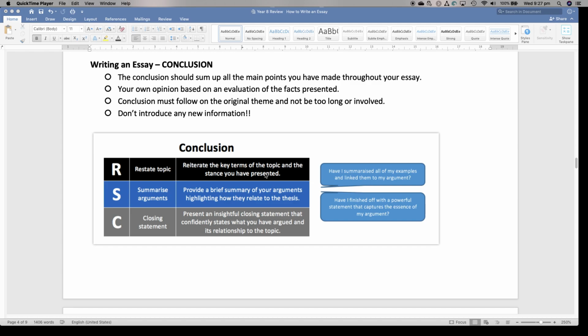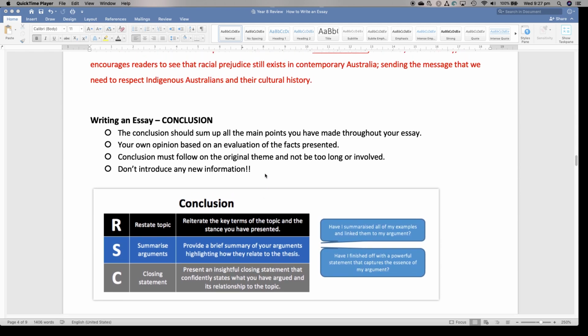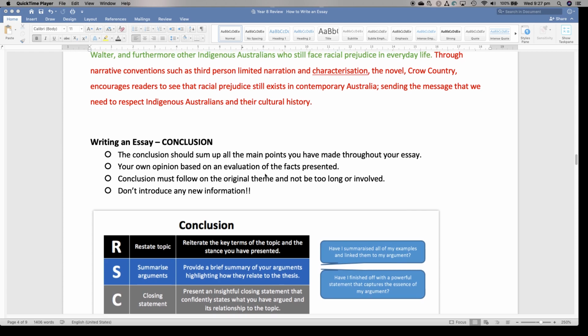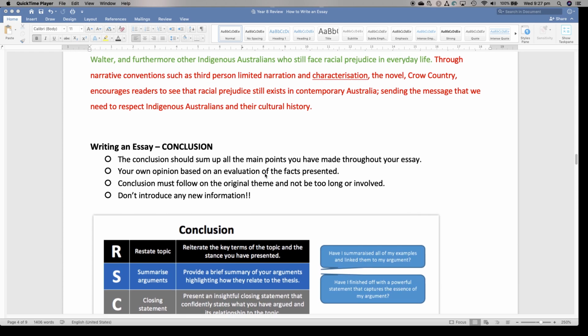If we want to restate the topic, I always think about trying to find the key elements in your thesis, because your thesis is going to answer the question. The thesis underpins all the arguments that you're going to be making throughout all your body paragraphs. It really is the center of your essay. So it's a good place to refer back to it here. So if we just have a look at the thesis that was used in the sample body paragraph that we discussed in a previous tutorial, we might be able to steal some ideas from that in order to restate the